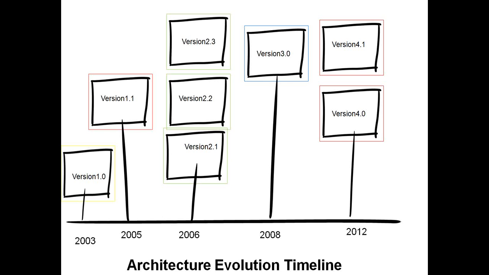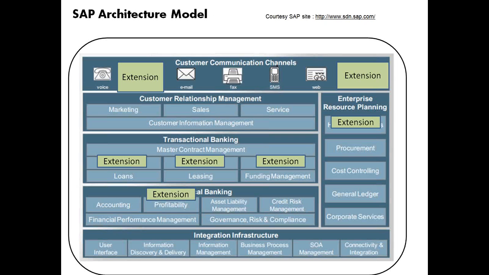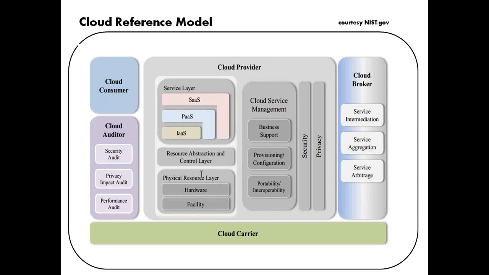So what are the typical things that you end up with? You can create a typical banking reference model if you are from a banking company, a retail banking company. So you can segregate your views, go ahead and create your different concerns based on this. So this is a typical example of a SAP architecture. SAP sells its solution big bang to a lot of customers. So what are extensions, what are part of the main core product can be shown using this extension architecture, which is again a segregation of concerns.